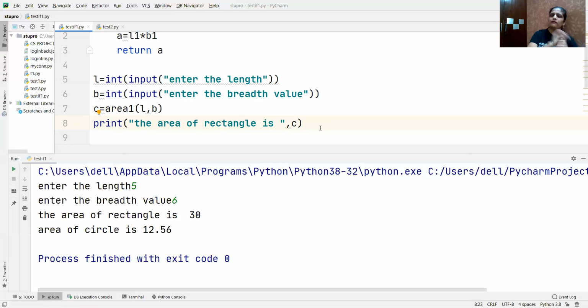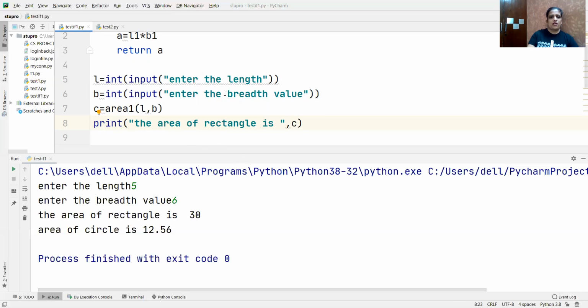Although I can do it in that way also. I can write all those statements in that particular function. That can also be done. But this is another method. I don't want to put all these codes in a particular function. Function में सिर्फ मैं processing रखना चाहती हूँ. Rest everything I should put in my main program. So that's why I have written all these statements outside of my function block. Okay, like this you can execute your functions.